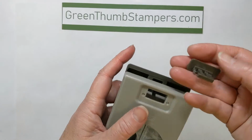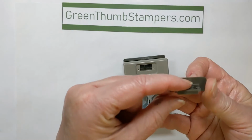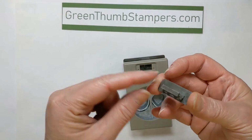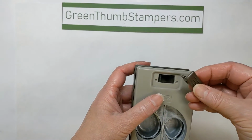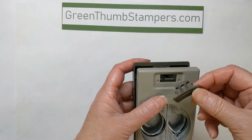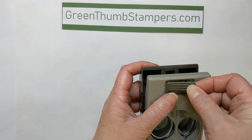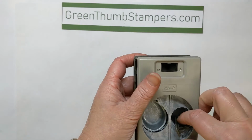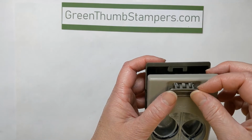You want to take the slider piece where you'll see there's a little bit of extra space, and then the clippy part. So in this opening, you'll want to put the clippy part toward the back. It's going to go up to the back to allow you the room to slide it down. So then you're going to just put it in there kind of sideways,